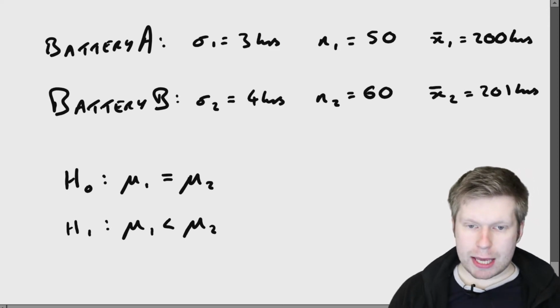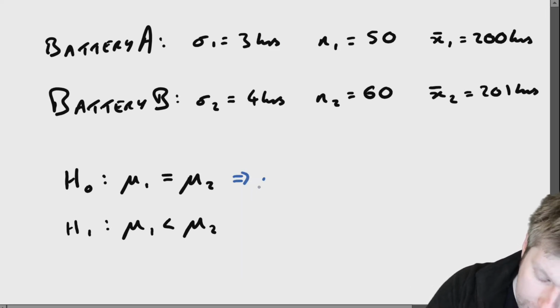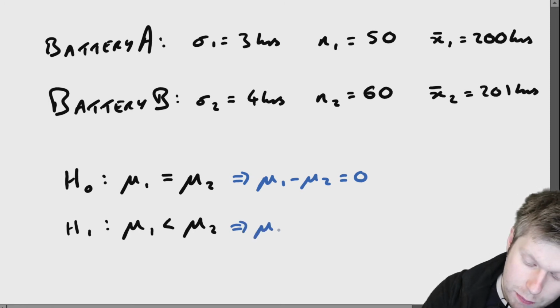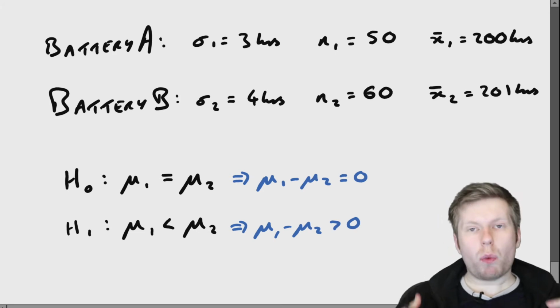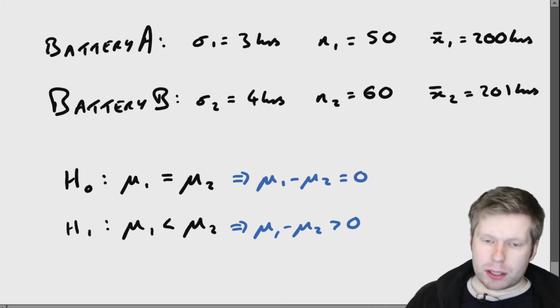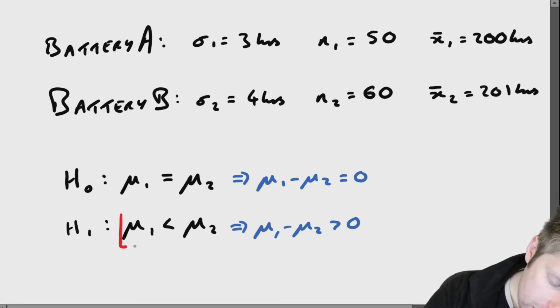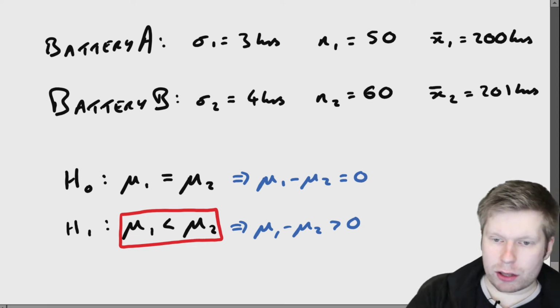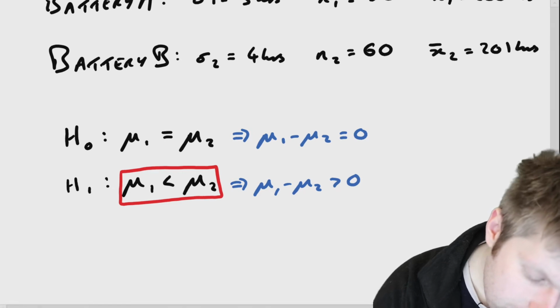So let's have a look at this. Just be aware that mu1 take away mu2 is equal to 0 for the null, and mu1 take away mu2 is greater than 0 for the alternative. That's another way of expressing my null and alternative hypotheses. Because my alternative hypothesis is saying one is less than the other, so mu1 lies less than mu2,